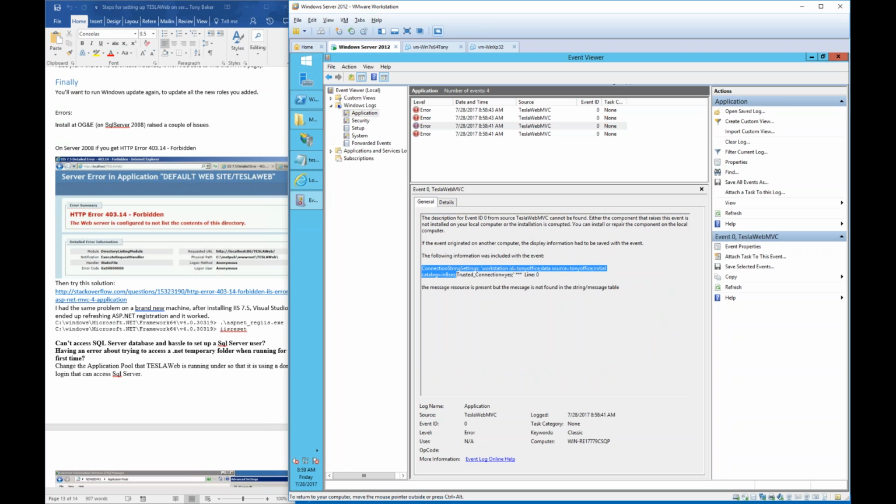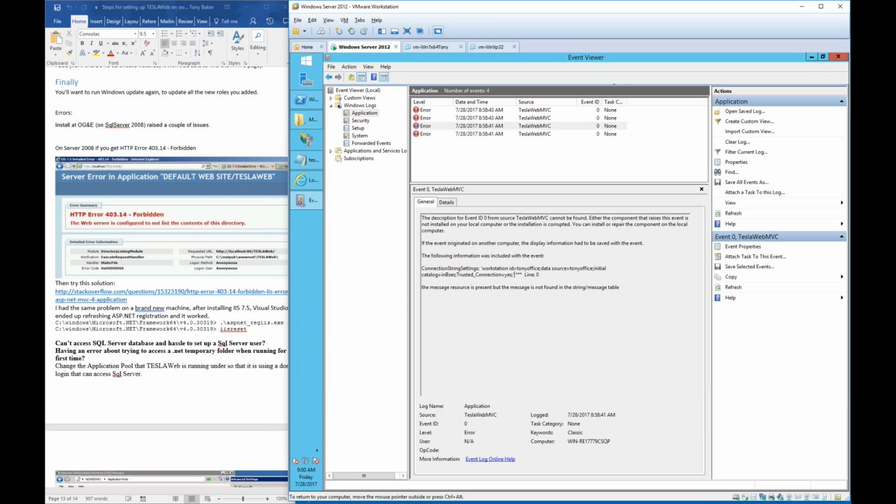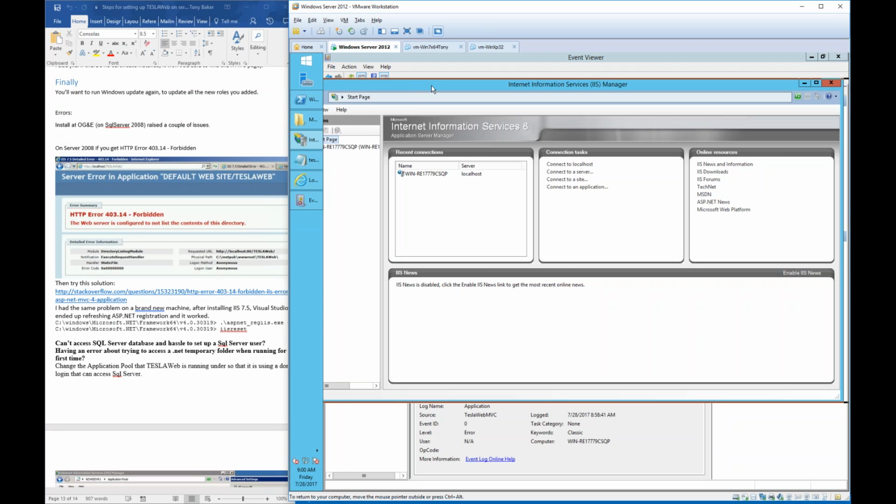Connection settings, okay. Workstation ID, then we're going to Tony Office, and we're doing a trusted connection. Yes. So that means we're not using the SQL Server authentication because I banged it out. It's trying to use a trusted connection, which means Active Directory and all that sort of stuff. So what we can do is run the application pool itself under one of those identities which can access the